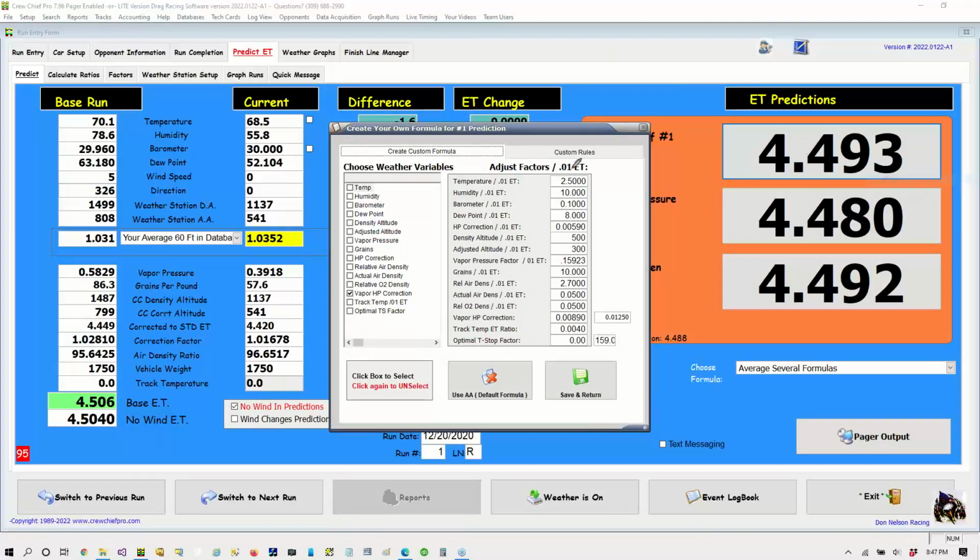When they come up, they kind of look the same. They're choices that you can make by checking. And over here are the values for crew chief number 1. So if you go to somebody's seminar and they say, you know, we want you to use 300 feet of DA and 6.5 of vapor pressure and 6.5 of barometer,